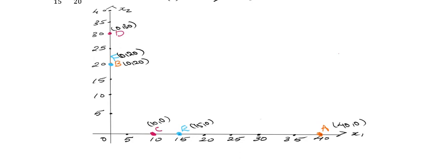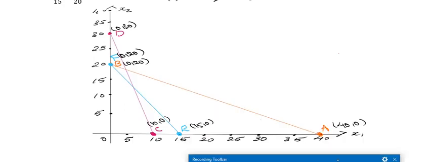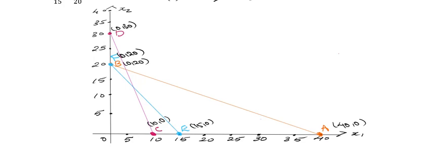So next, corresponding to the equations, A and B have to be joined. Don't join with any other points because A and B are obtained from one equation. C and D only have to be joined, that is obtained from the second equation. E and F have to be joined, which is obtained from the third equation. So here I have plotted and I have taken different colors to mark the lines of different equations. AB is orange, the first equation line, DC is the pink color, which is for the second equation, and E and F for the third equation with blue color.